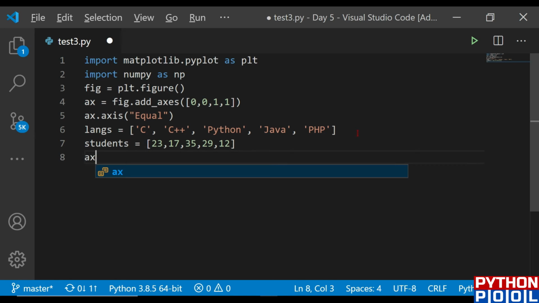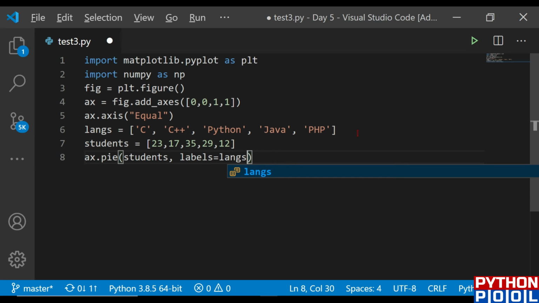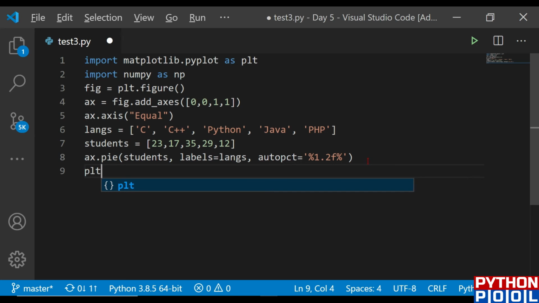And then I'm just going to call this pie function and pass the students data, and then the languages data. Oh, sorry, in the labels I need to pass the languages data. So labels would be languages, and let me define the autopct function. Let me call the autopct property of the pie chart, and then I'm just going to call the show function to show our graph.